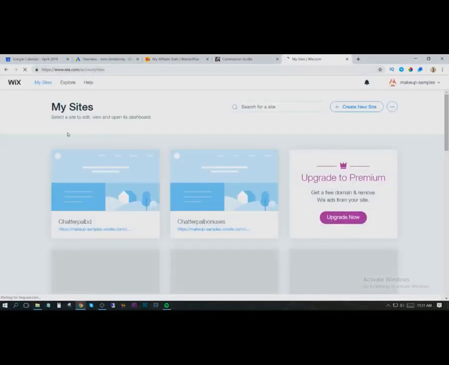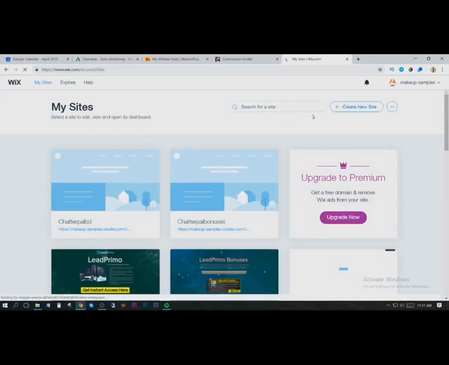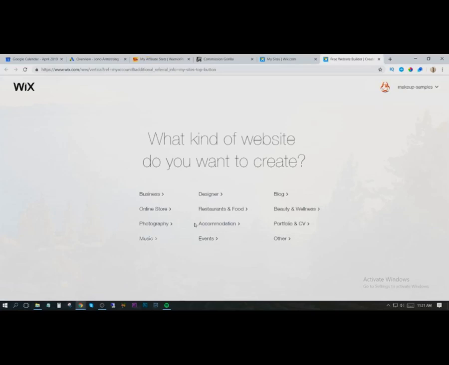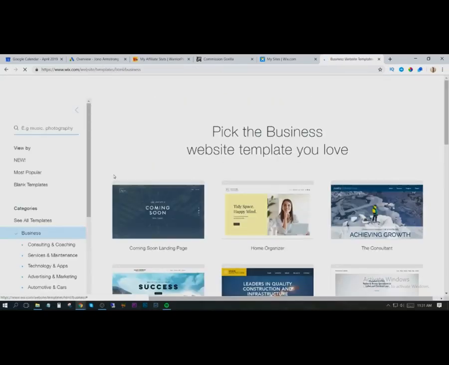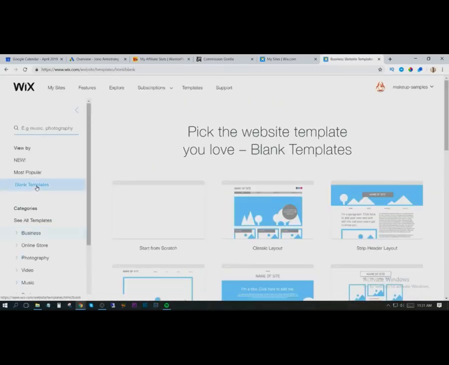and I'm going to create this bonus page. So what you want to do is just create a new site. You're just going to click on business, choose a template, and you're just going to go with blank template over here and then start from scratch. So edit,